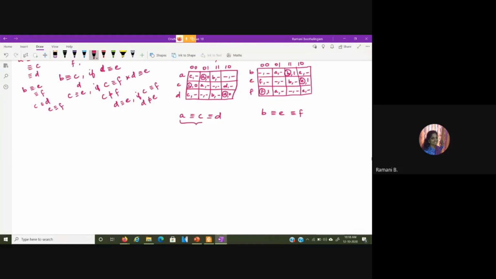I replace states A, C and D with a single state A and B, E and F with a single state B. Wherever I have C, D, I will replace those with A, and wherever I have E and F, I replace those with B. So with respect to that, for this particular column, we actually have a stable value over here.